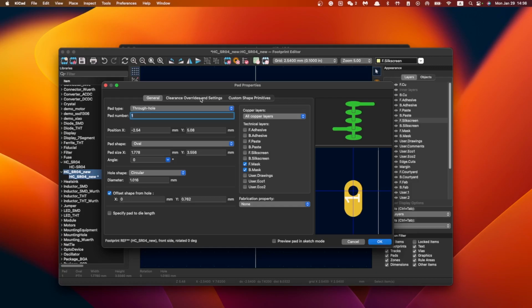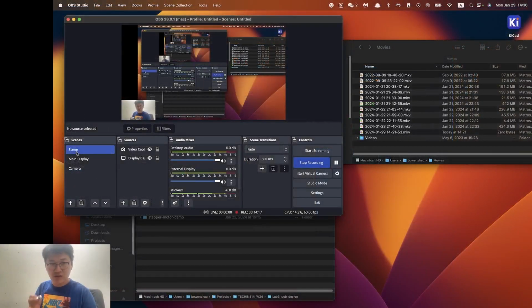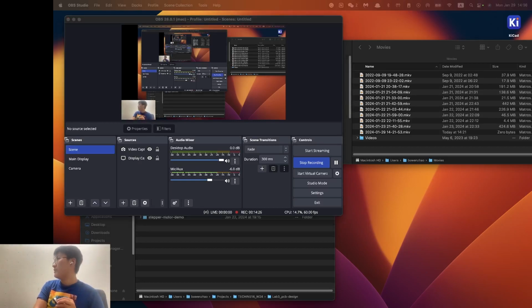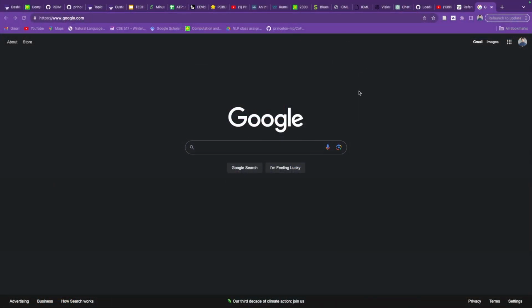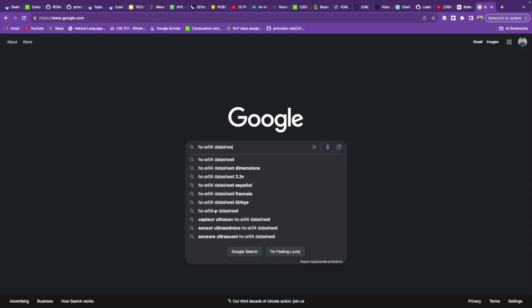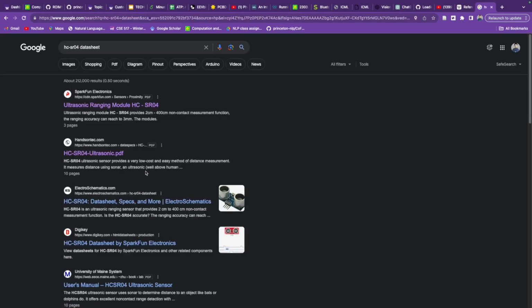So what's important right now is that you need to get those physical characteristics of your device here. So you need to measure the dimensions of your device here. And fortunately, we don't need to do these from scratch because we've got Google. So I'm just gonna bring Google and search like HCSR04 datasheet, and perhaps there could be some mechanical dimensions describing this device's physical